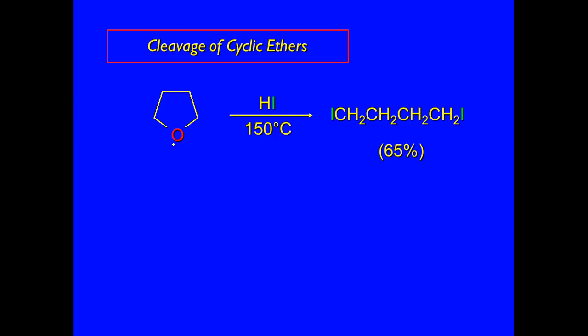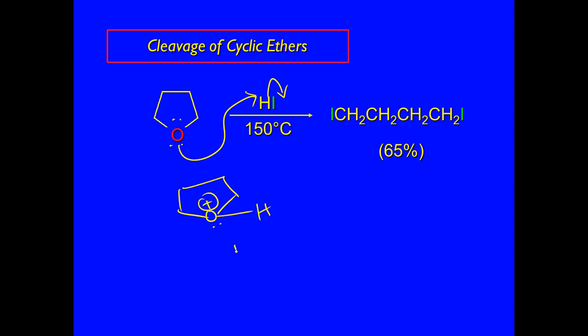Okay. Let's take this case. We have a cyclic ether here, and we want to cleave that ether. This is acid cleavage of ethers, and we are using HI. So the first step is the protonation. Oxygen gets protonated, and as a result, you have only one pair of electrons on the oxygen. It had two pairs, but it donated one pair to the H,